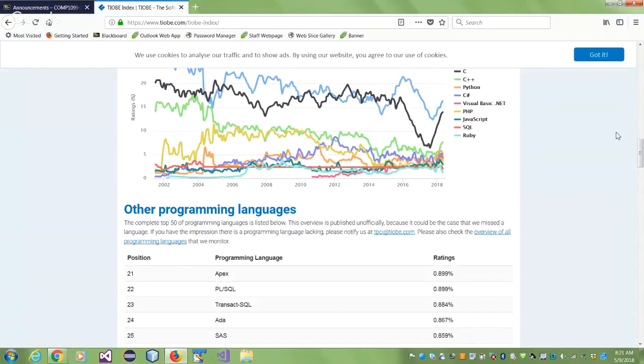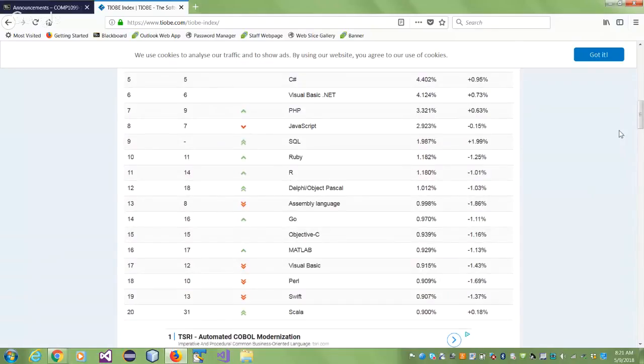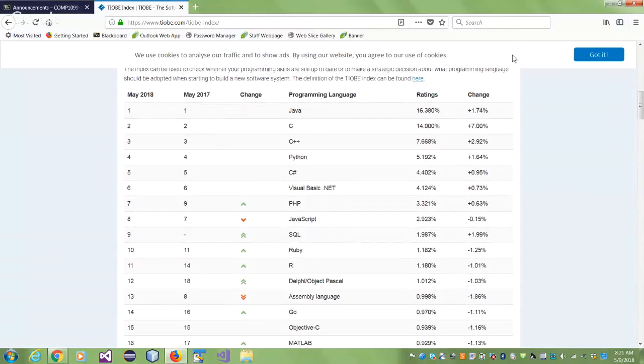So here are your first 20 languages. You needn't be concerned with all of them, but your focus is Python, which is sitting at quite a good place, right? And again, Python for you is not from A to Z. It could be maybe from A to F. You know what I mean? So we are just doing introductory Python. But as I said, once you have the right foundation, you can do it, right? It's as easy as that. You learn how to bicycle, you can drive a car. If you learn how to drive a car, you'll try to maybe fly an aeroplane. So that's how it goes.